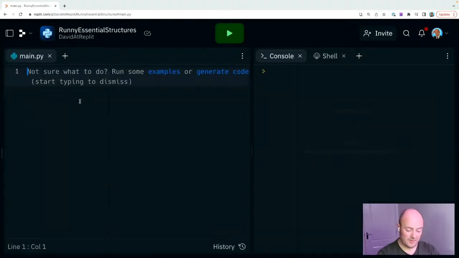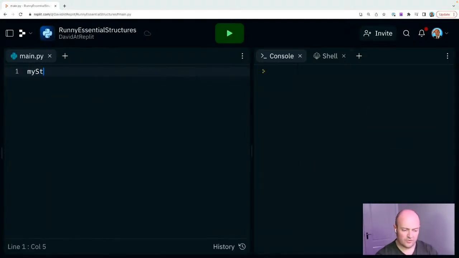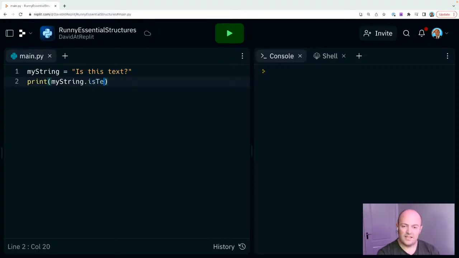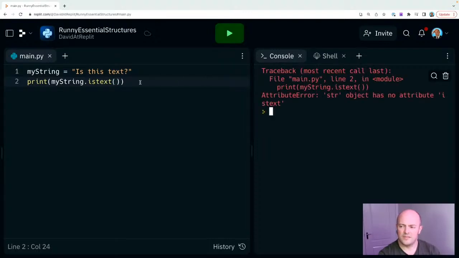I'm not going to take input. I'm just going to make a string here called my string and say, is this text? Now, one of the things we could try is we could simply try printing out values like my string dot is text. I think it's all lowercase actually. Oh, maybe not.